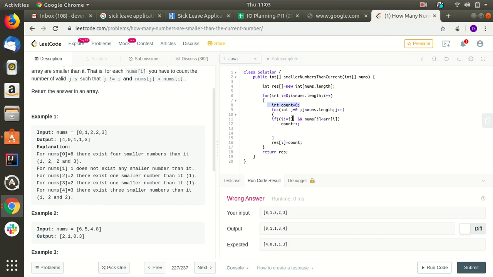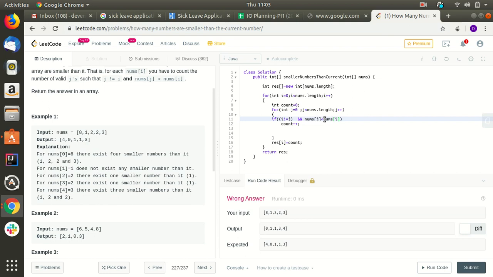Okay, and since 0 is not equal to 0, this will not happen. Now again it will come for 1, where j will be 1, then it will check whether i is not equal to j. Yes, 0 is not equal to 1, and nums[j] is less than nums[i].